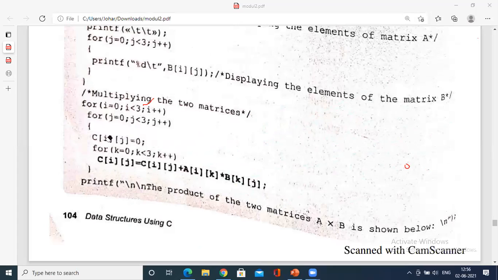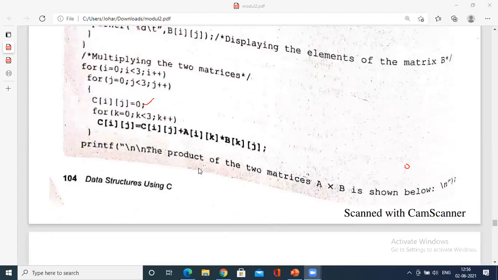So for each iteration, this loop will repeat for each row and column. In the sense that for the k value, it is repeated and calculated in each iteration. C of ij, C of 0 0, is updated. Finally, you have to display the final value. How do you display the final value?